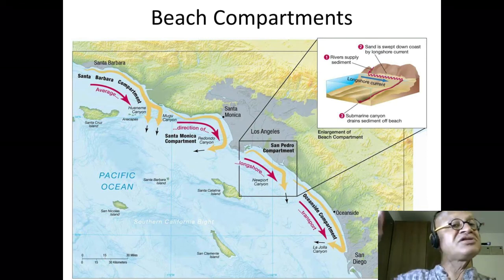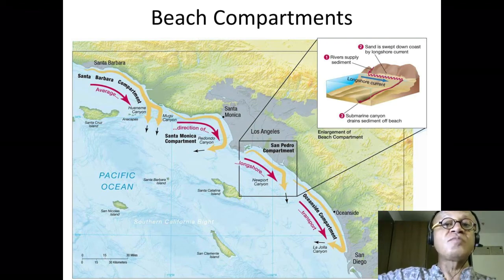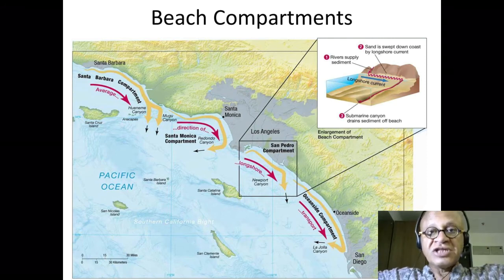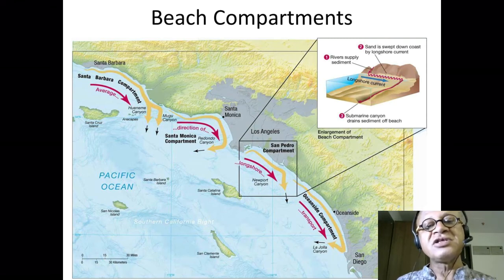The same thing happens in the Atlantic side. There is a lot of energy being put into the ocean by the storms way up in the north in the Labrador Sea region. That is setting up the currents that are flowing down the coast. So longshore drift at the US coasts is southward on both sides. So you can see the average direction of the longshore transport shown here in red arrows, and you can see interior to that there are these